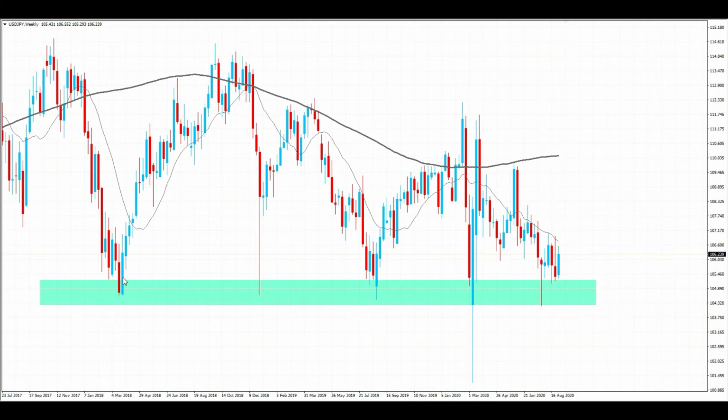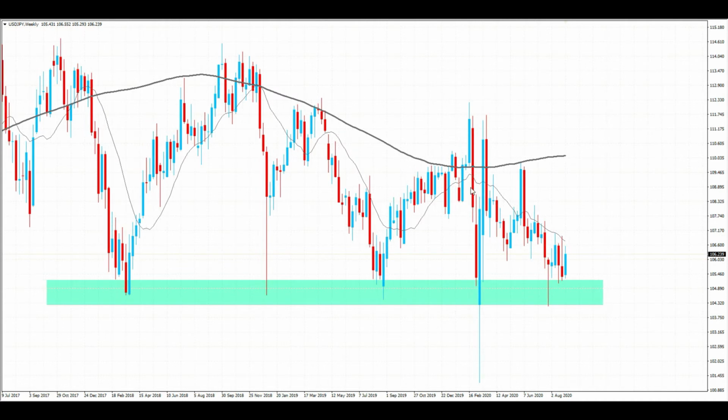We've got a test here, a big move to the upside, another test here, some big wick rejection, again another test, move to the upside, test, move to the upside. So we're coming back to that same area of the market. Obviously you can see we haven't broken it yet. A few weeks ago we had a long wick into that area, big rejection, so we can be expecting a move to the upside,